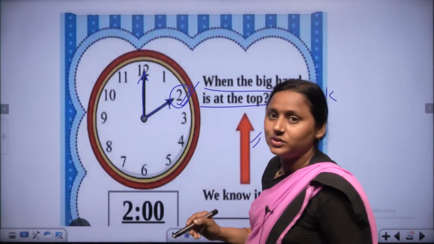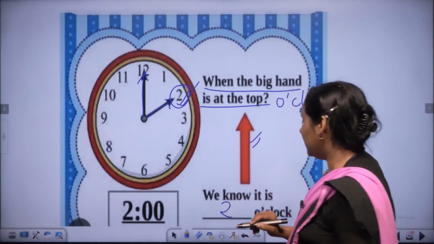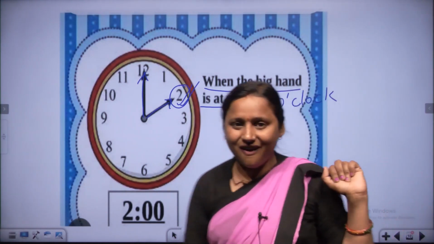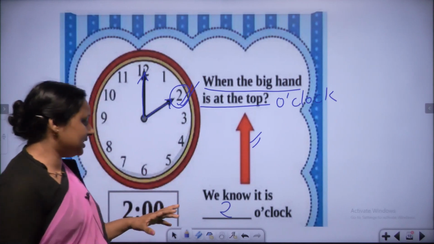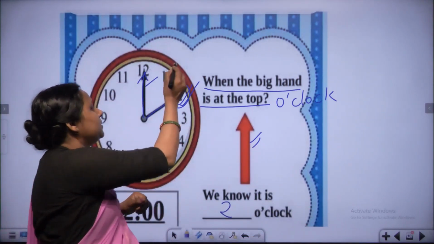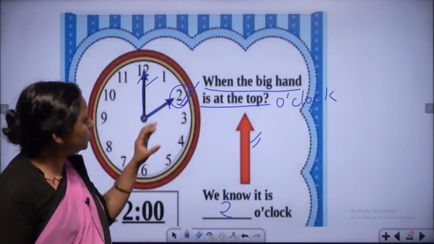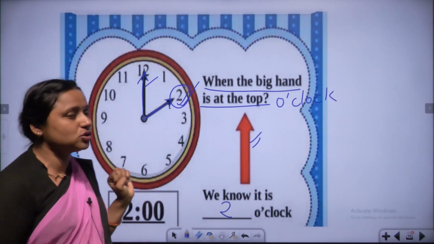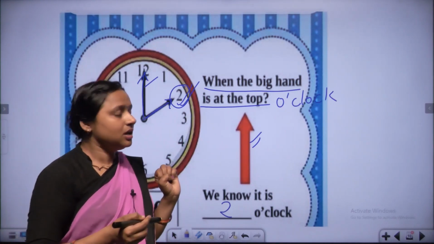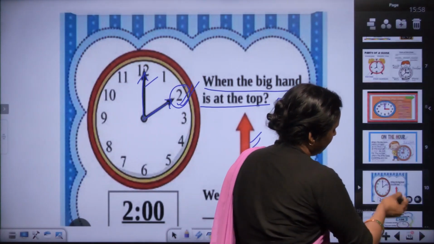Yes, hour hand is at 2. What do we read? We know it is 2 o'clock. The minute hand is at 12, which means o'clock, and the hour hand is at 2. The hour hand is at 2, so what will we read, children? 2 o'clock. Okay. Now,